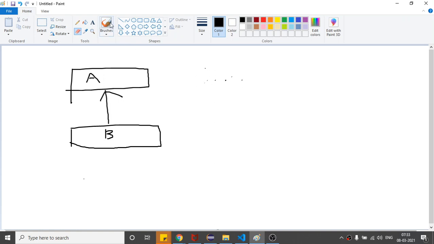So it is a case of single inheritance because class B extends A, which means all the properties of A class will come into B class.